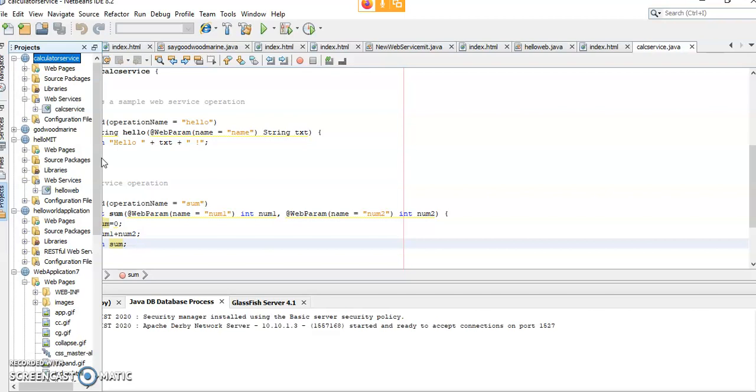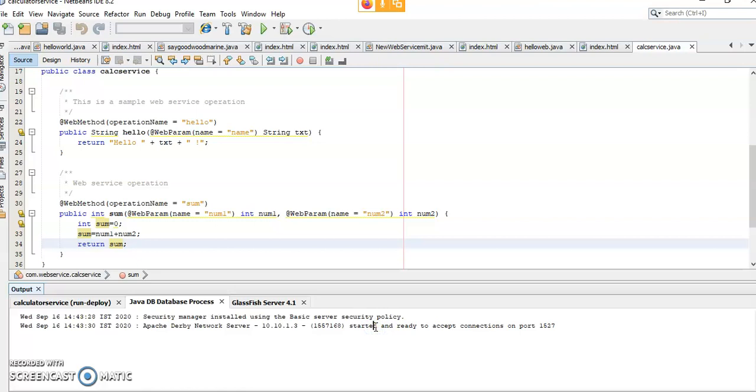So it is deploying. It takes time. After this deploying,